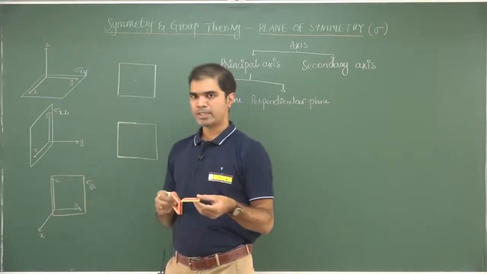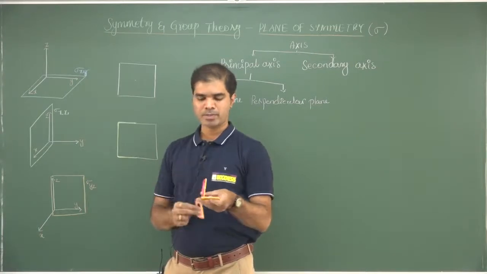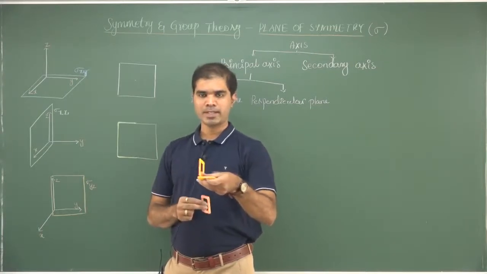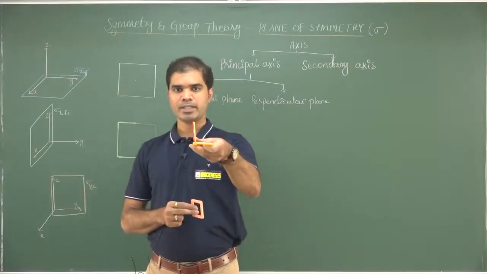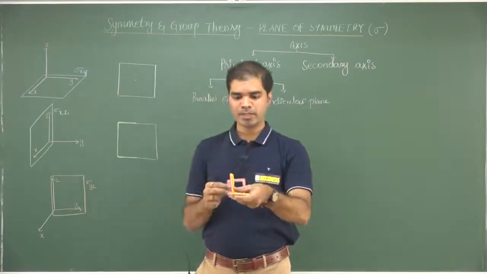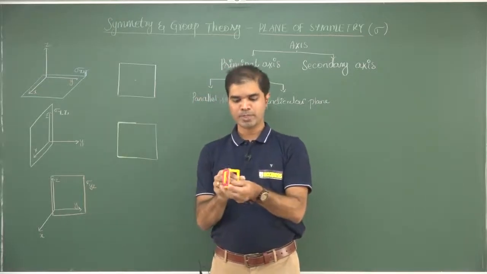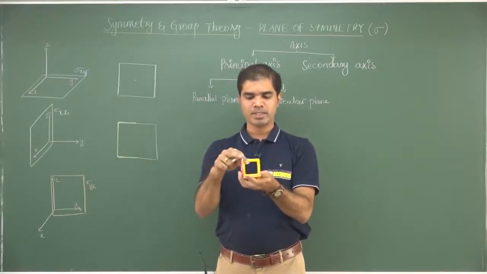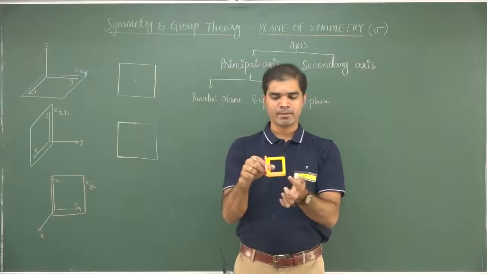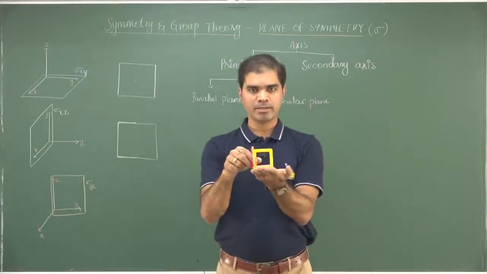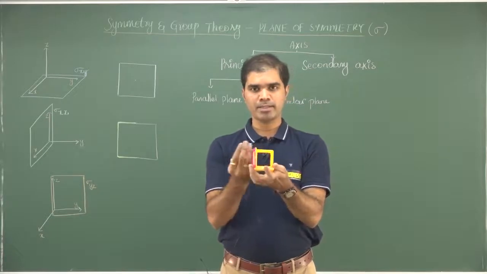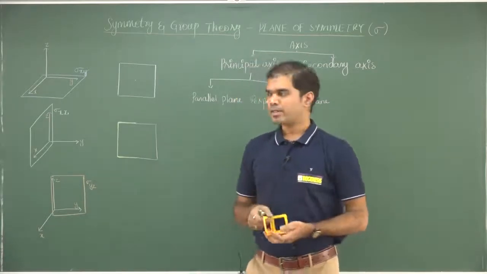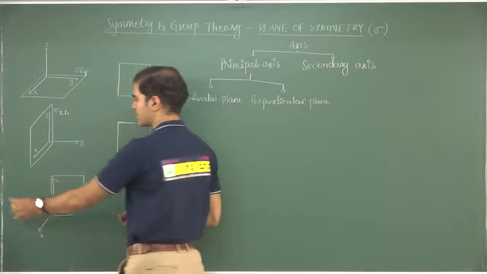The second one is a xz plane. Supposing that I choose this, now this will form an xz plane. This is a plane in this way. And the third one is a yz plane. It is the plane of the board. So suppose if I hold it this way, now these are the three different planes. One plane is an xy plane, second plane is a xz plane, and third plane is a yz plane. Altogether there are three different planes.